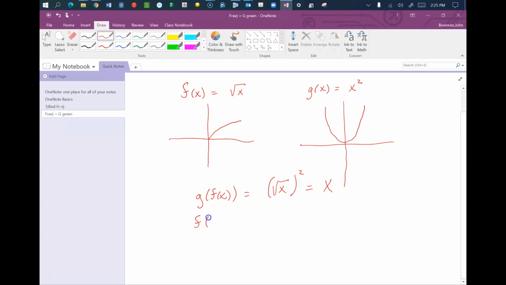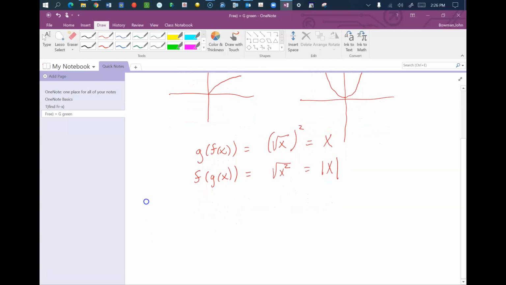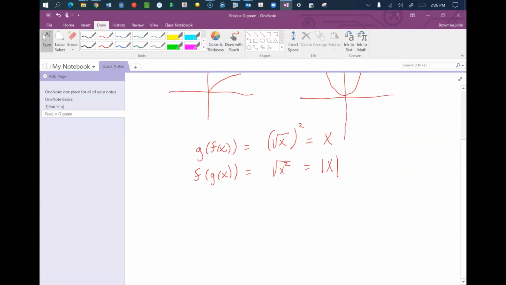But if you find f of g of x and you take the square root of x squared, well, you can plug any real number you want in for x. Once you square it, it's positive, or 0, and you're allowed to take the square root of that. But if you plug a negative number in for x, you square it, it's positive, then you take the square root, it's going to be the opposite of what you originally put in. So this is technically the absolute value of x, and that's why you have to show that both f of g of x and g of f of x give you x,